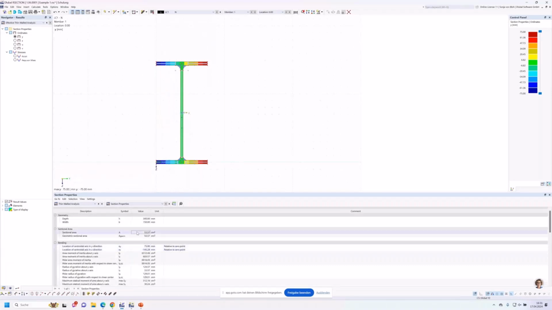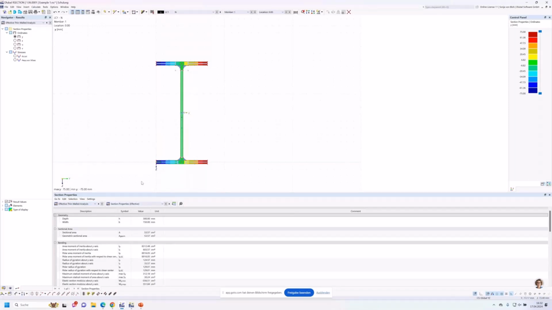Here I can see that the sectional area is about 54 square centimeter. If I choose here the effective thin-wall analysis, oops,